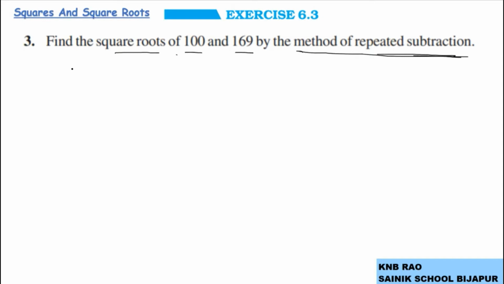So, in the repeated subtraction method, we will be subtracting odd numbers starting from 1 stepwise.